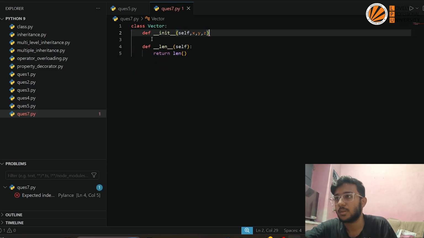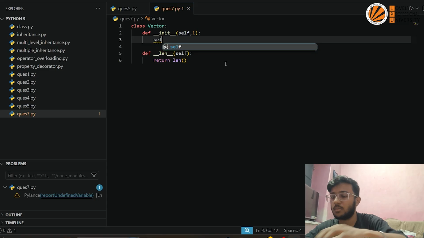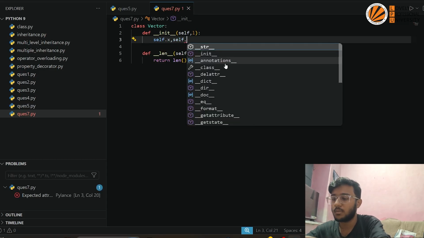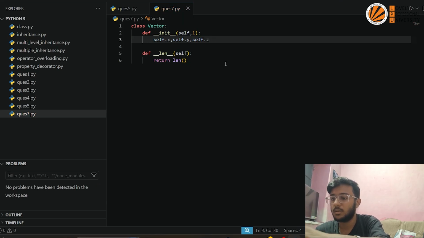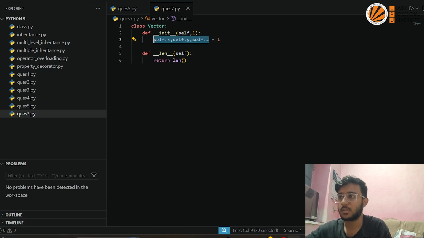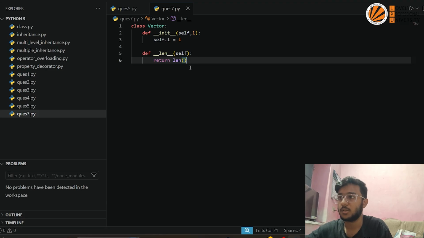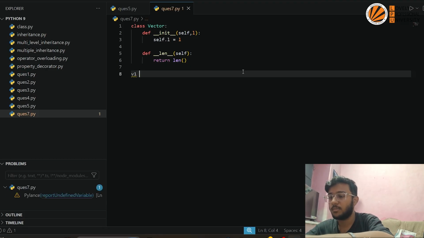So for making a list, let's take another L here, and then self.x, self.y, and self.z is equal to L. Or if I just make it like this only, self.L is equal to L. So this will be our length function,